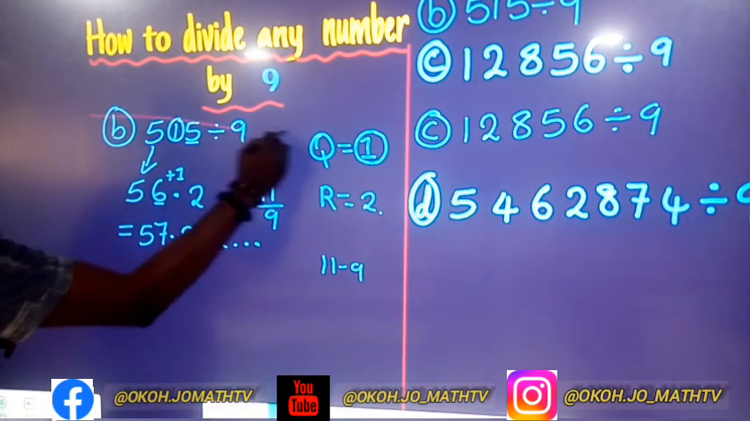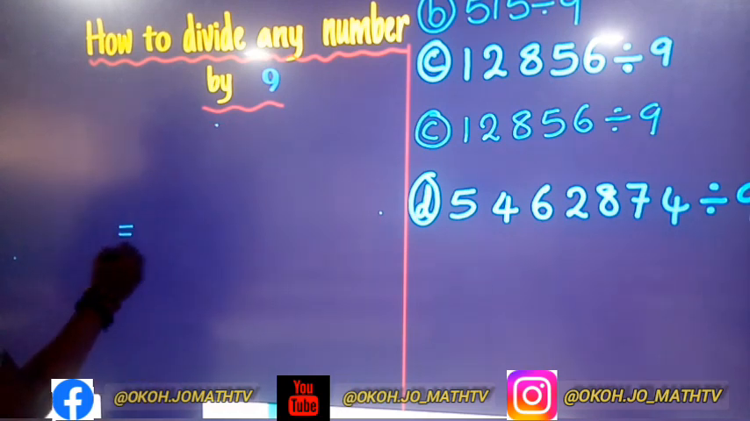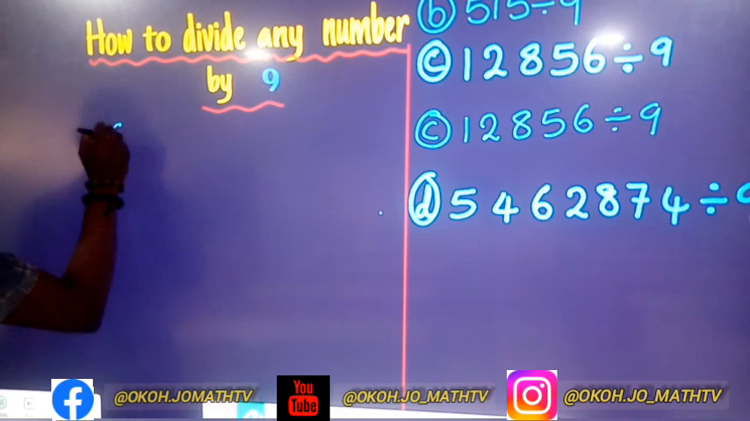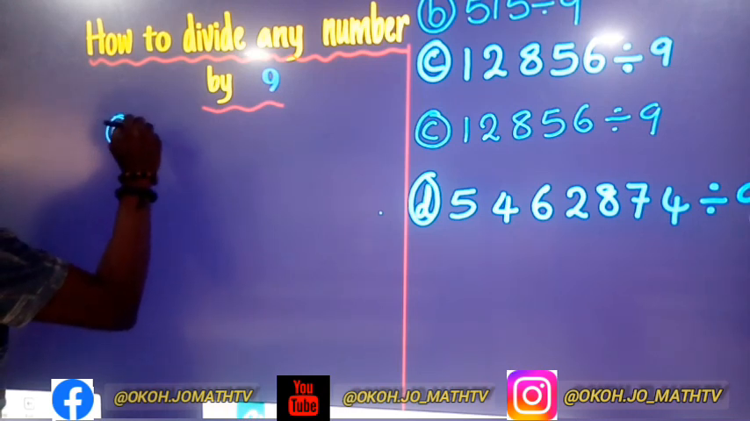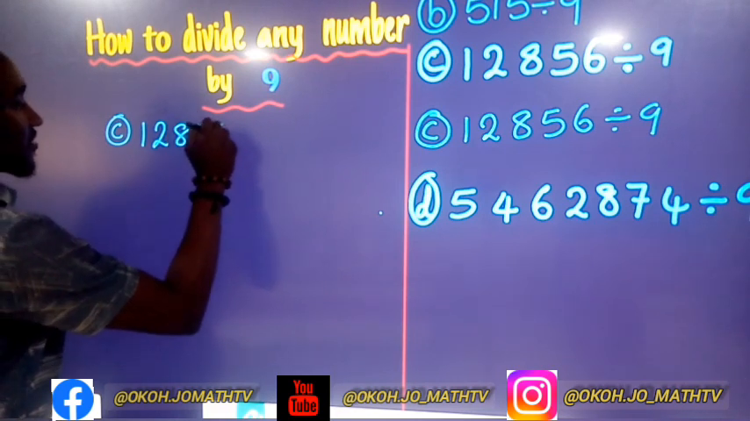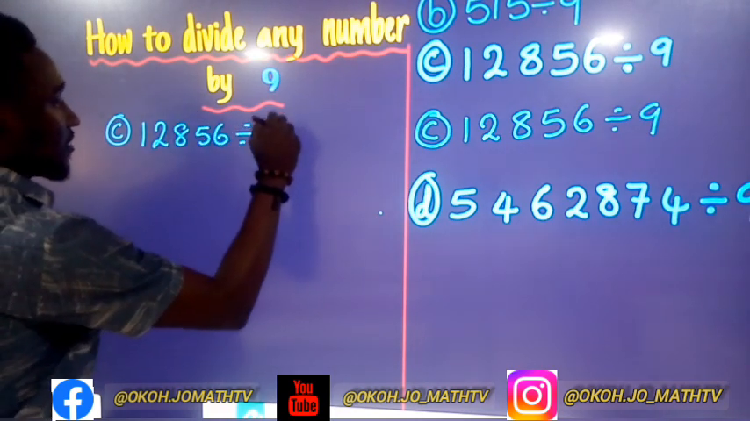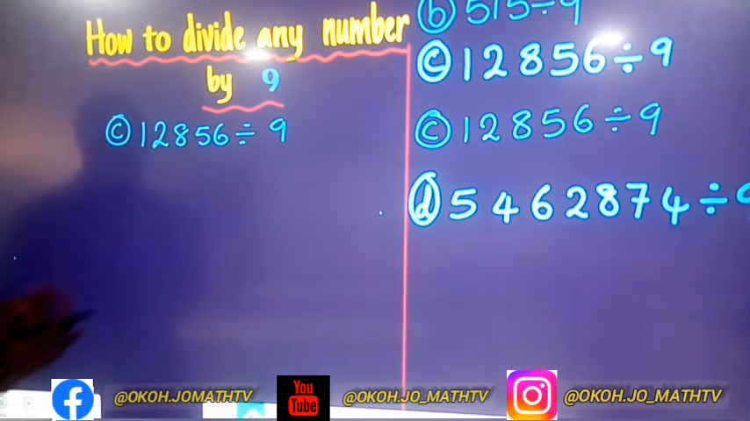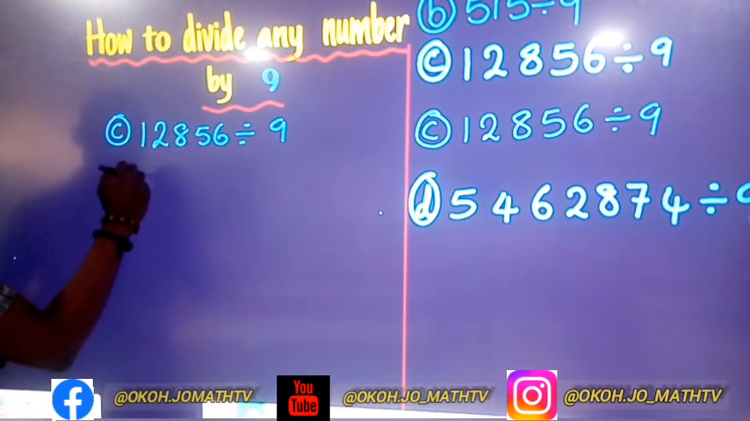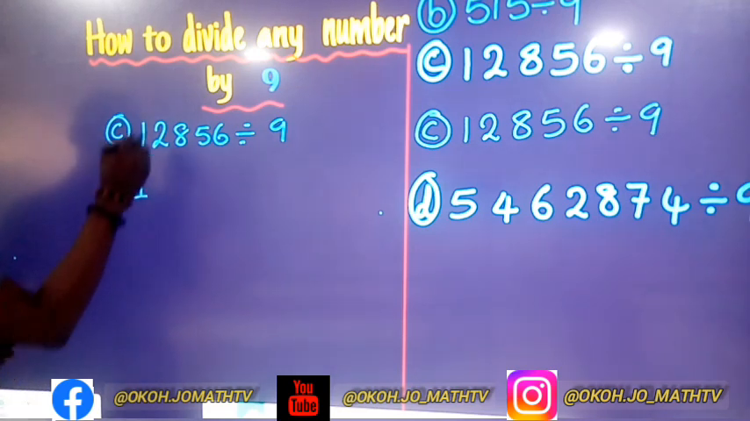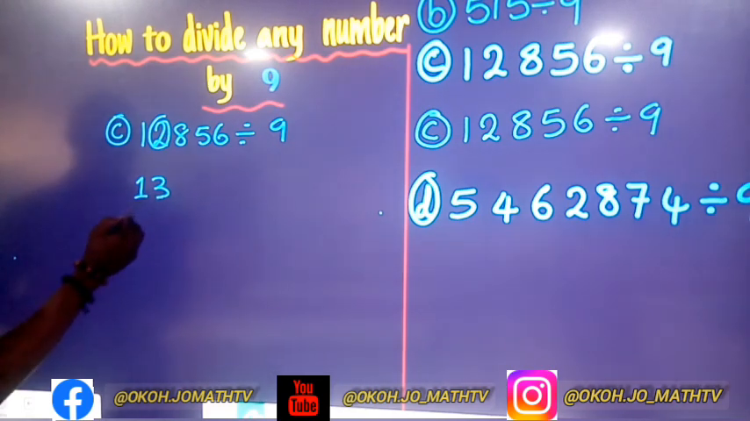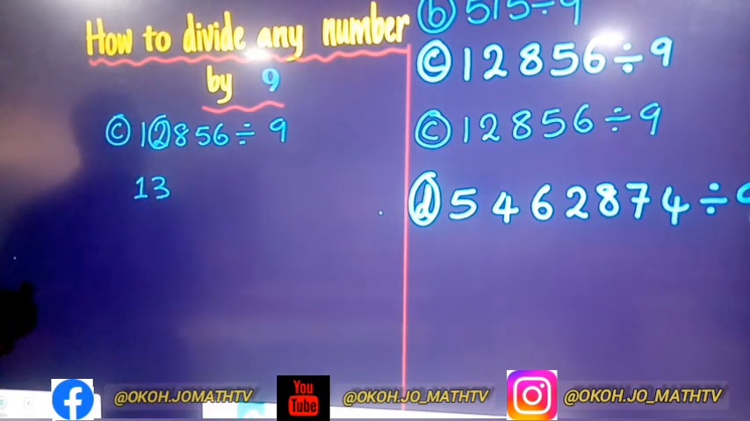So let's look at the next one. We are going to a more complex one, which is C. Question C is 12856 divided by 9. Think of any number at all as it is given here. Bring down the first digit, which is 1. 1 plus 2 is 3. 3 plus 8 is